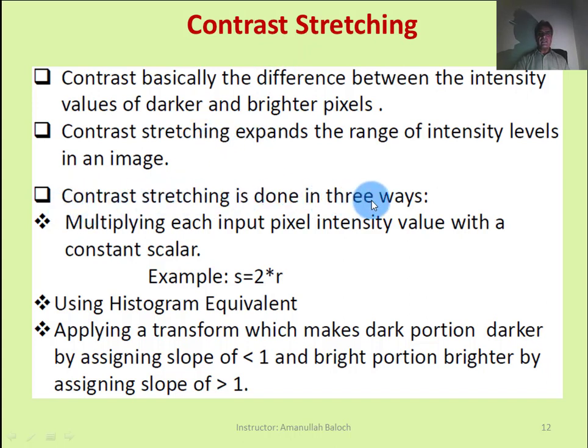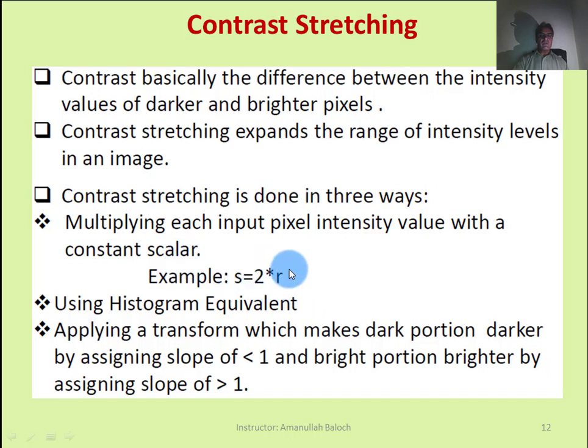Contrast stretching is done in 3 ways. The first is multiplying each input pixel intensity value with a constant scale, that is, each R value of the input image will be multiplied with 2. If the value of R is 50, when we multiply it with 2, it will become 100 and be assigned to output pixel value S. And if the value of R is 100, it will become 200, and the target image pixel value S will become 200.